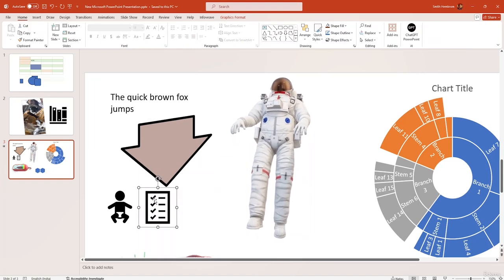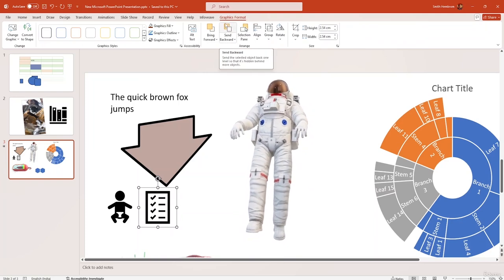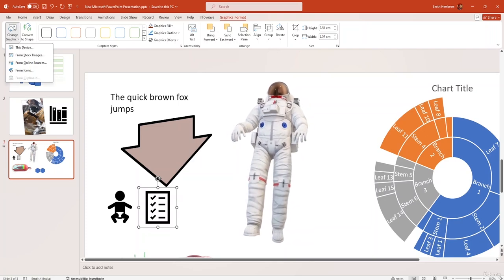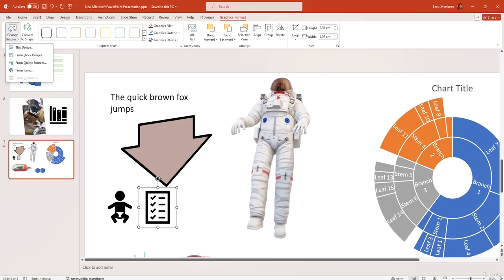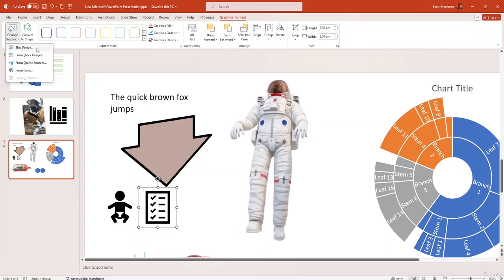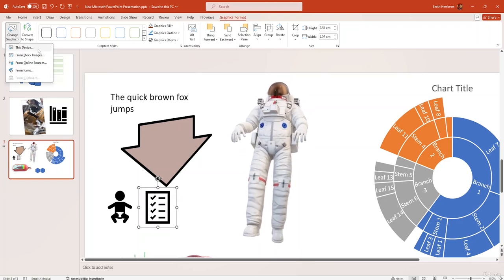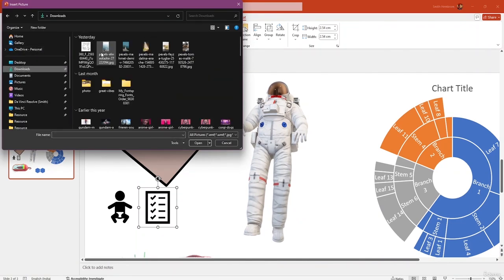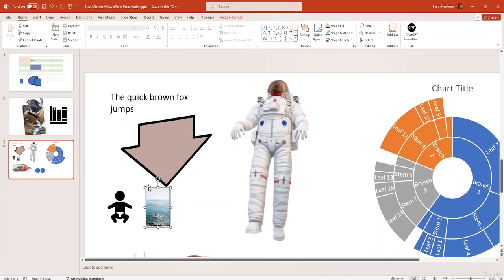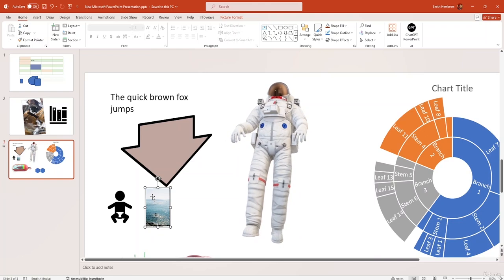The icon one is also basically similar to, let's say, shape format. But another thing that you will find over here is that we have change graphic. So you'll be able to replace it with any graphic that you have on your device, even a photo or even an element or an animated GIF. You can take it from your device or stock images, online source, or from icons, whichever one you prefer. So if I just click on this device, just go off the download, and I'm going to use one of this. And it will replace it with that image or even any object which you want to replace it with or anything that basically is compatible with